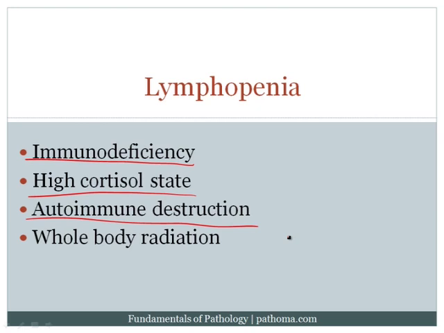And finally, whole body radiation can also result in lymphopenia. It's important to note, and examiners like you to know, that the most sensitive cell in the human body to radiation are the lymphocytes. When they get hit with radiation, they die very quickly. If you suspect in a patient exposure to whole body radiation, you could look at the lymphocytes and see whether there is lymphopenia, because that would be the first cell or one of the earliest cells to actually be damaged